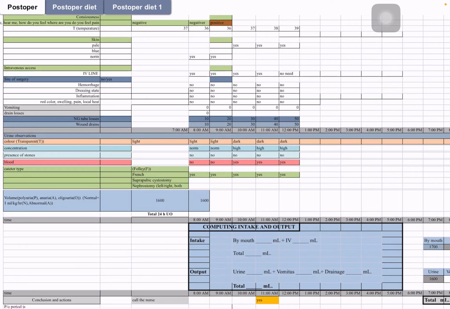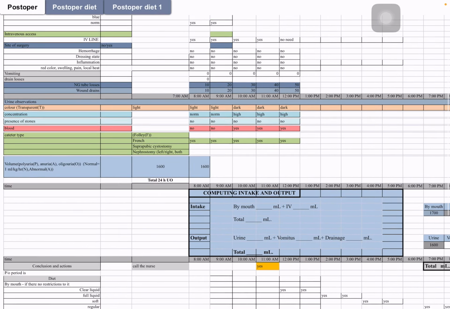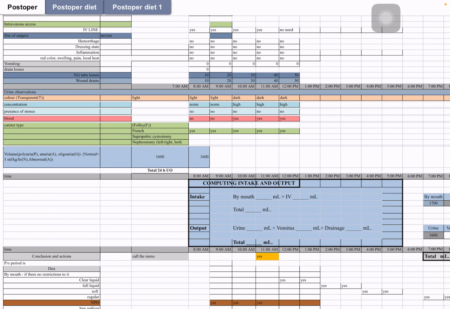And the next one you have to check is the urine observations. In the urine observations, you have to check the color of the urine, the concentration, and the presence of stones and blood in the urine. Sometimes there may be blood in the urine in a post-operative patient, such as a patient who has had a nephrostomy. You have undergone a surgery in the kidney, and you can find blood because you have cut the tissues over there, so the kidneys are already filtering blood with the